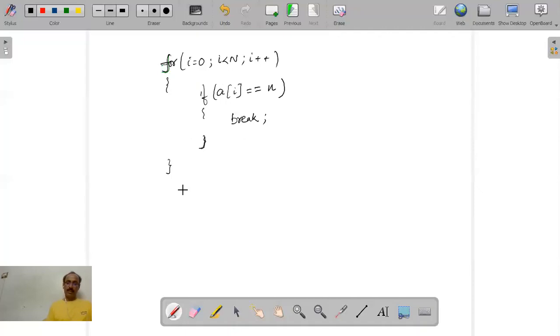Once this is done, let us say in an example, we'll see with an example. Let us say a of 5 I have given. After reading the elements, if my array of elements has 1 2 3 4 5, and if I give n is equivalent to, let us say, 3, what will happen in this loop? Okay, we'll see with